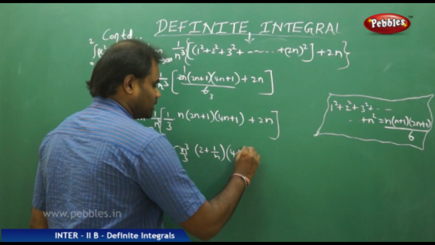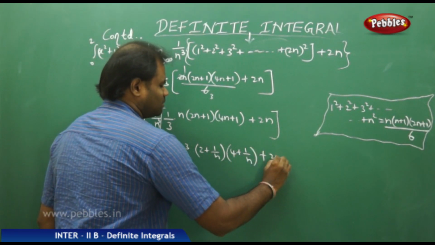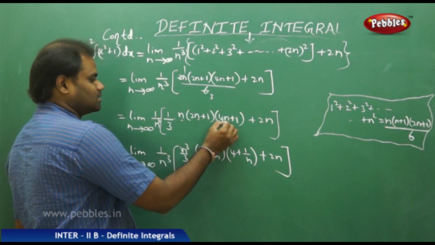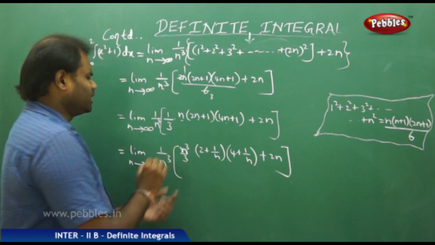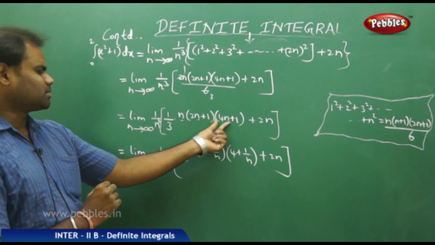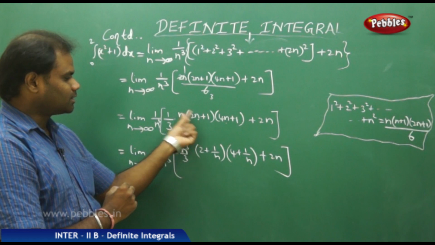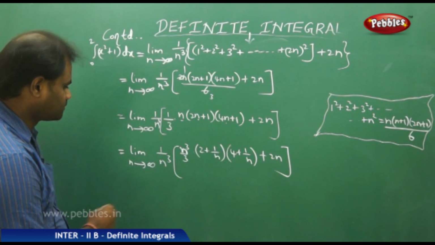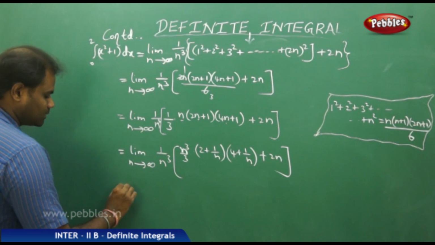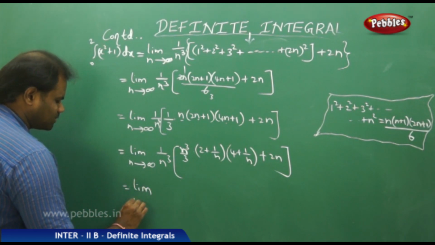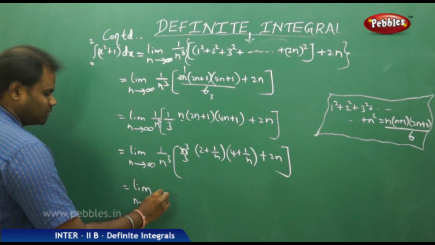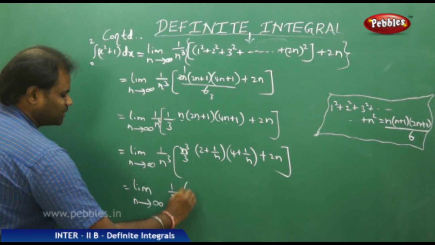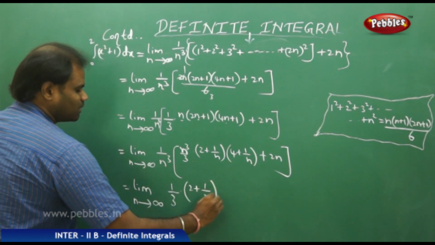And then we have 4 plus 1 by n plus 2n, where n is taken common from each of this, this and this. Therefore, when n is taken common, n times n square is n cube, and this n taken out brings 2 plus 1 by n, 4 plus 1 by n plus this. Now, when I take the bracket in, I get limit n tending to infinity of this multiplied with this, n cube gets cancelled, and I get 1 by 3 times 2 plus 1 by n,